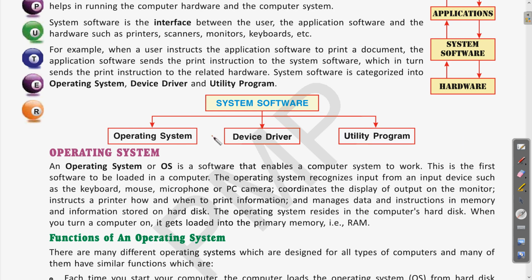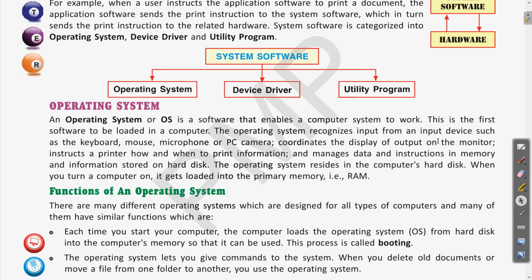First is the operating system. Everyone is using different operating systems in the lab as well. You have seen the Windows operating system on the computer, and in the mobile phone also you are using an operating system. All the hardware devices, the computers, whatever we are using, must have some operating system which runs these devices and manages the hardware. So let us see what is an operating system.